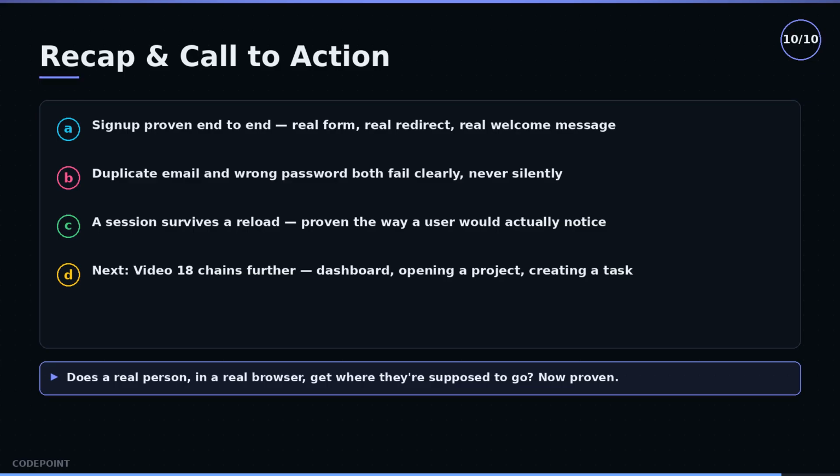In video 18, we chain further, signing in once and walking the full core journey, dashboard, opening a project, creating a task, watching it appear,